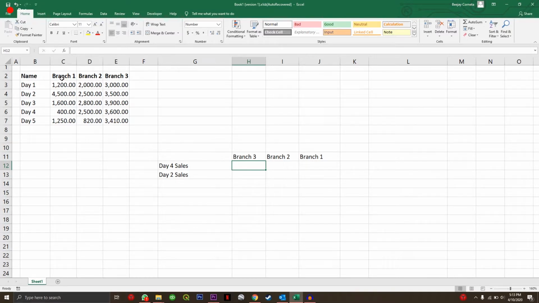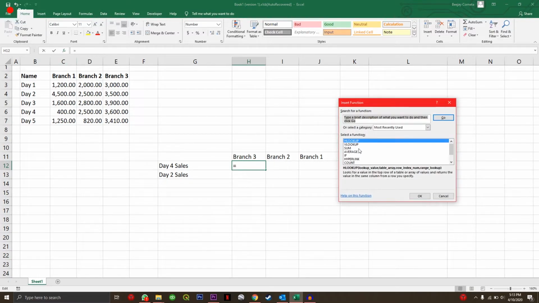So let's go. Here you'll see I have a table from my 3 branches, with sales for 5 days. And here I have this table looking for sales for day 4. So let's find it using HLOOKUP. So, function HLOOKUP,